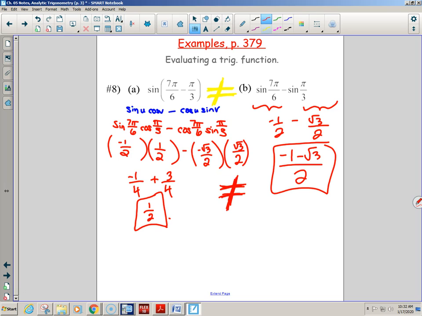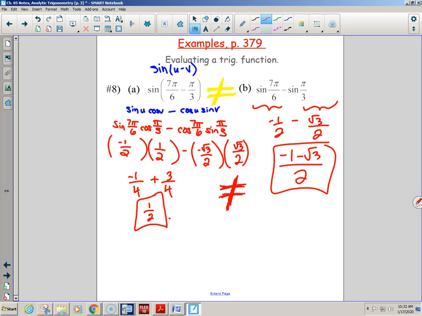Sine of u minus v is not sine of u minus sine of v. It is not as easy as pretending it's multiplication and just pretending I'm getting the right answer. I'm getting the wrong answer. Sin, cos, tan, sec, and cot are not times. It's not sin times, it's sine of. So when you see something like a sine of u minus v, you cannot just say, yay, there's a formula